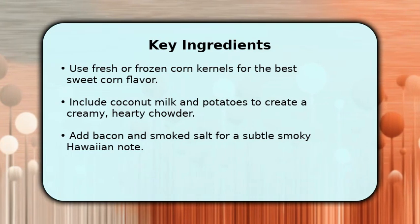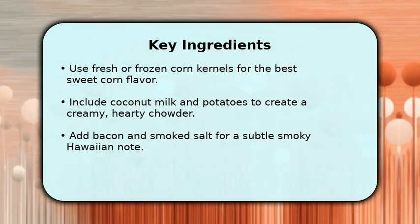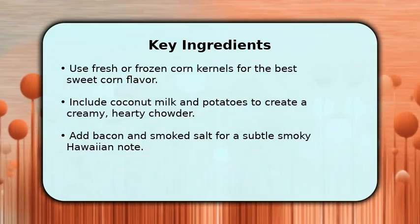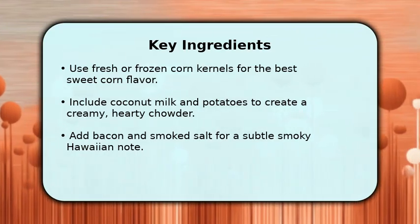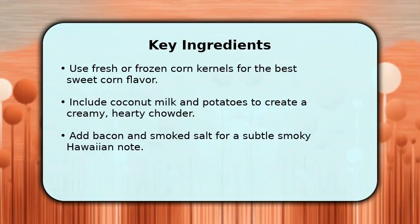Gather fresh corn or frozen kernels, coconut milk, yellow onion, garlic, waxy potatoes, bacon, chicken stock, butter, and seasonings. Measure ingredients so cooking steps are predictable and timing stays tight. I recommend chopping items to uniform sizes for even cooking and to speed up prep. Keep lemon or lime on hand to brighten the finished chowder, and some green onions or cilantro for a fresh